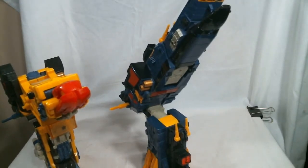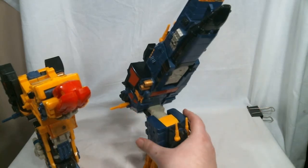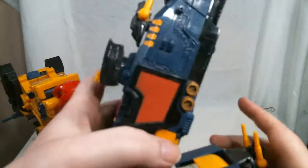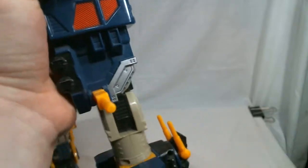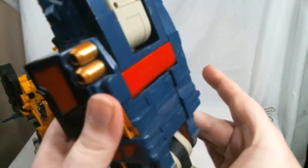Yeah, they're a bit silly, but they do what they need to, I guess. Now, of course, they do have their combined robot mode of Omega Supreme. So to get both of them ready, first you need to just stand this side up, turn the leg to face forward, fold up both of these handles,